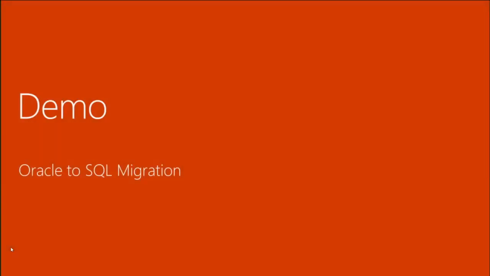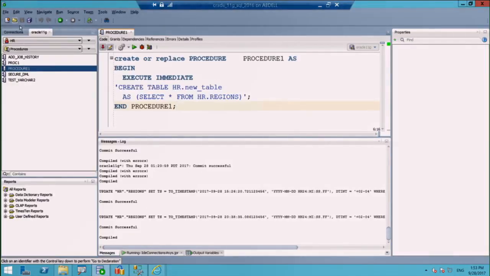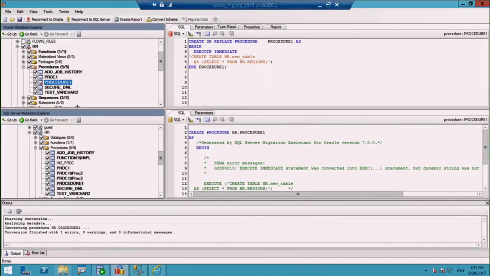And this could be just a very quick demo where I will show you that there is a UDT already in Oracle here in my HR schema. If I go to types, this is the UDT that is there. SSMA would fail to recognize person, because it just declares it as a generic object. And when you go to the SSMA project and expand, if you look at the report,